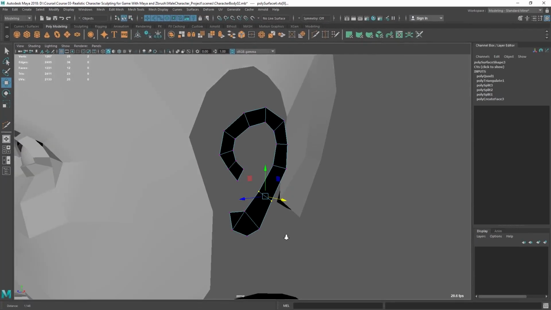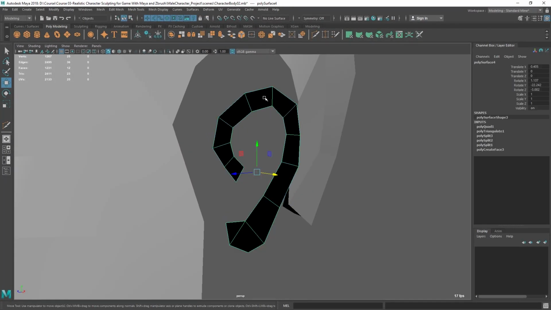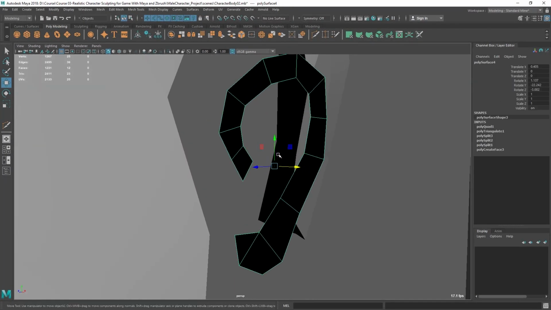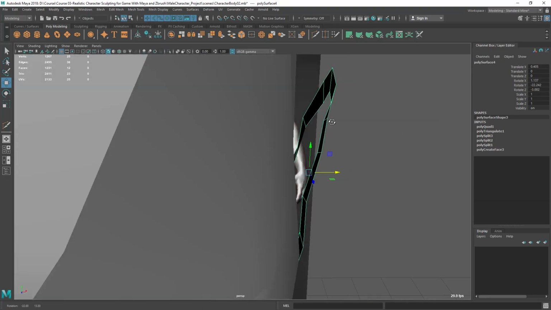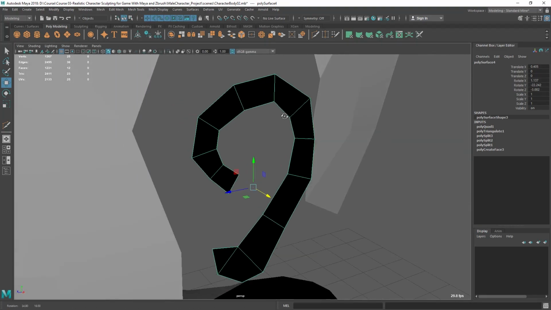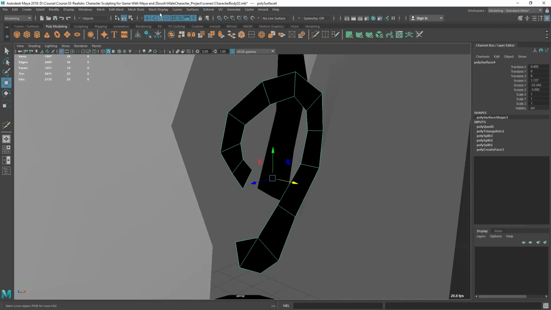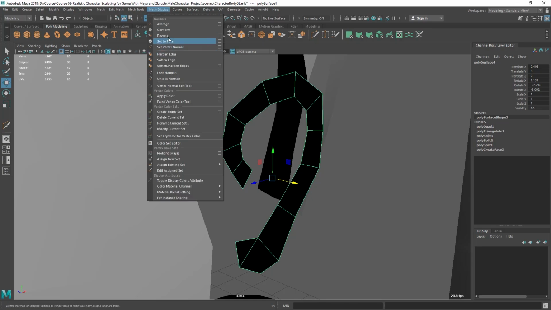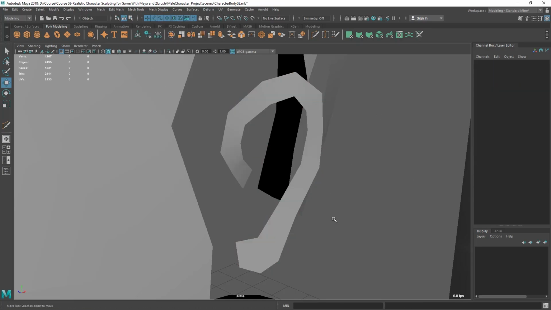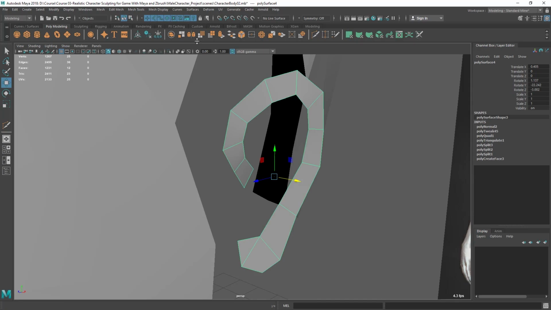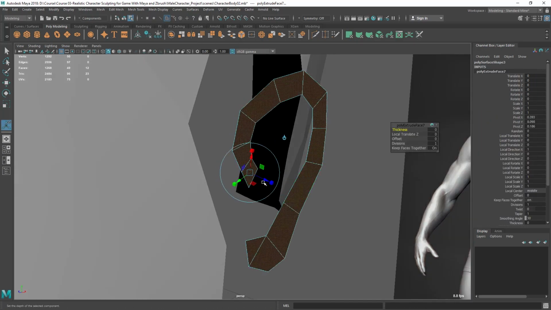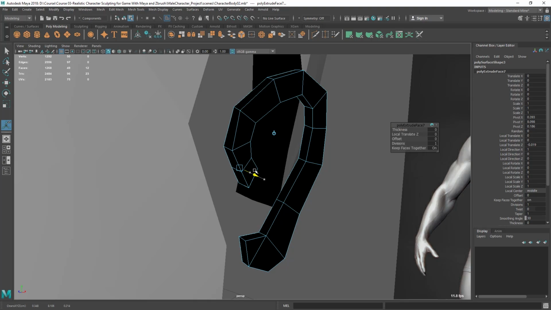Okay, that's done. Then I'm going to extrude this thing to get the depth there. No, so I don't have depth right now. The normal direction is reversed, so let's first do that. So go to mesh display, reverse to get the normal direction this side. Now I'm going to extrude it, the whole object, in object mode, and let's extrude to get the depth like this. Or even you can extrude the,